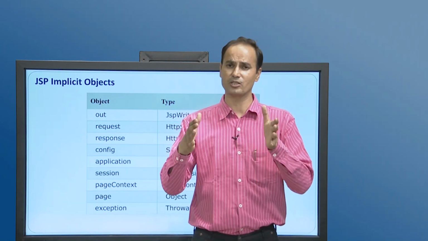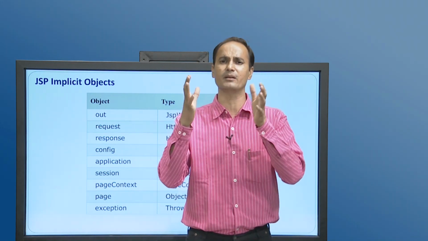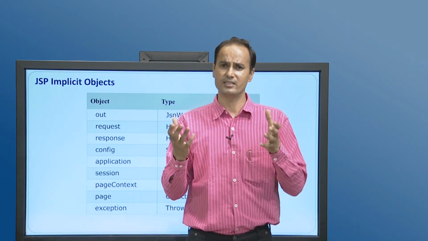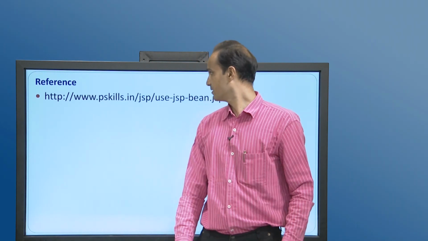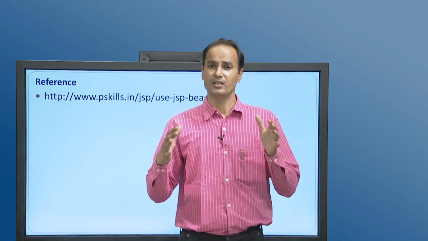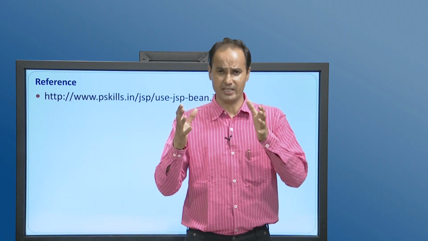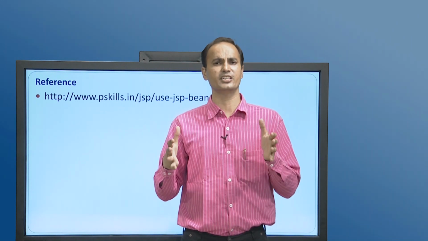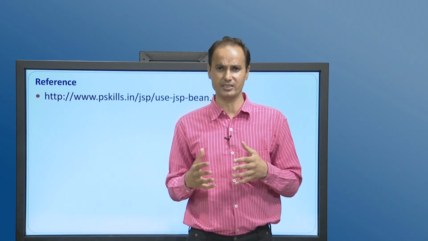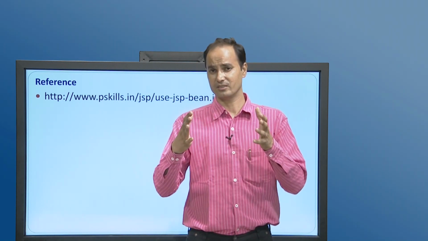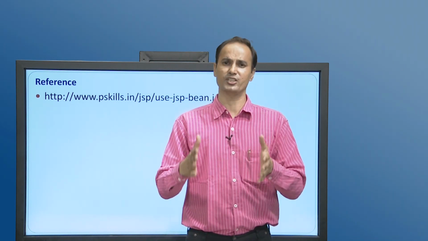So, these are the implicit objects, and they help us to manage the JSP page very efficiently without declaring many classes and initializing the instances. Okay, so this is all about JSP, its architecture, its execution environment and the different building blocks of a whole JSP page, that is, what the JSP page contains. It may contain scripting elements, standard actions, expression language, everything. So, this is all about the JSP page.